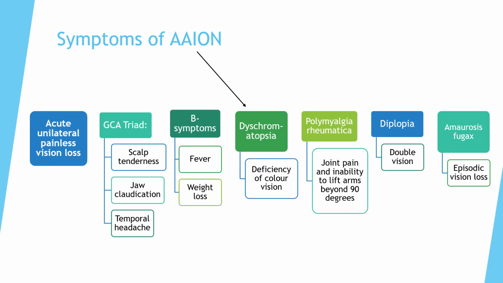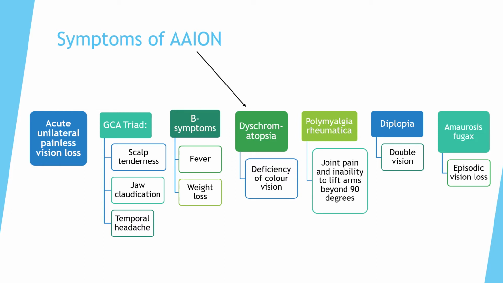A main symptom of AAION that we should note is dyschromatopsia, or the loss of color vision. However, because AAION is often associated with giant cell arteritis, we can look for the presentations and indicators of GCA to also have suspicion for AAION. The classic triad of GCA presents with first the scalp tenderness, or the pain upon touching the scalp, especially the temporal sides, jaw claudication, so the tiring of the jaw after a patient talks for a long time or eats a big meal,